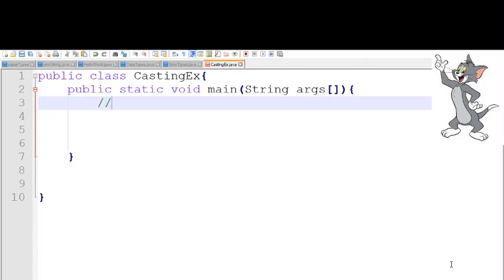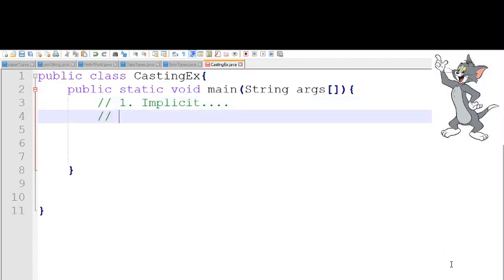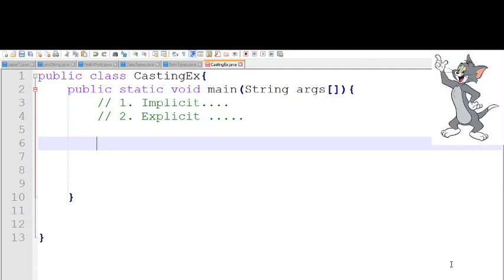So actually there are two kinds of casting. Number one, implicit casting. Implicit casting is a type of casting which compiler does by itself. You don't need to do anything. All you need is knowledge about this type of casting, but compiler does it by itself. And the second kind of casting is explicit casting, in which you intervene and forcefully convert one data type to another. So we will be watching examples and we will see how it works.